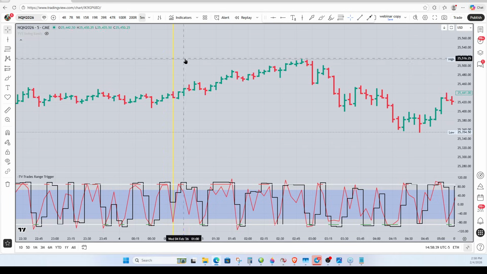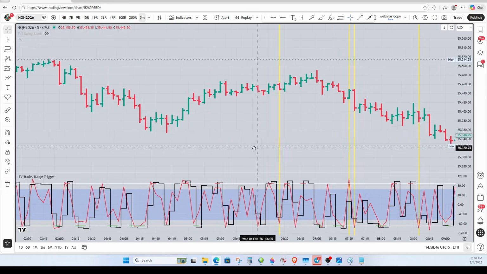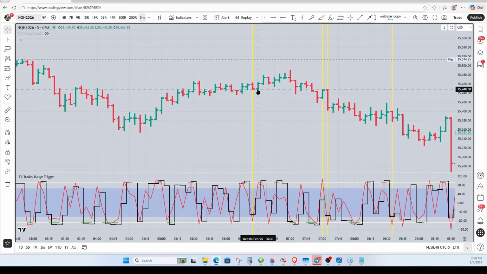Right now, you shut the swing bands off again, so we're not looking at that. You would have been buying the open of the next bar right there. This one you would have been buying the open of the next bar because it's down here at the bottom. This one you would have been selling the open of the next bar. Look at that. This one right here you would have been buying the open of the next bar. That didn't go very far, but